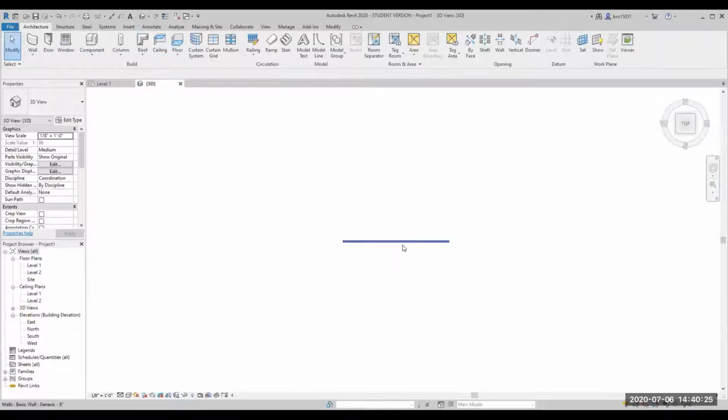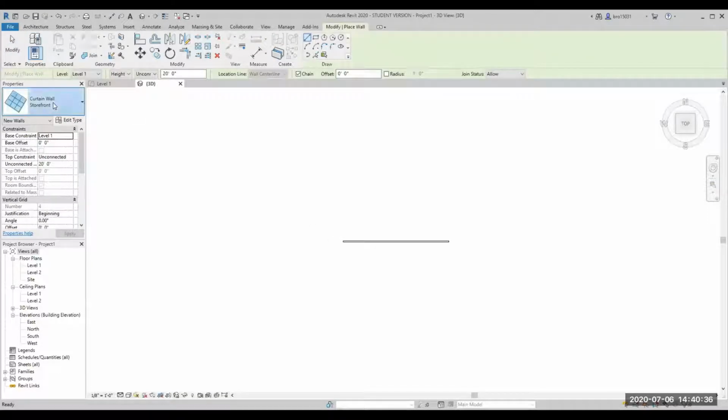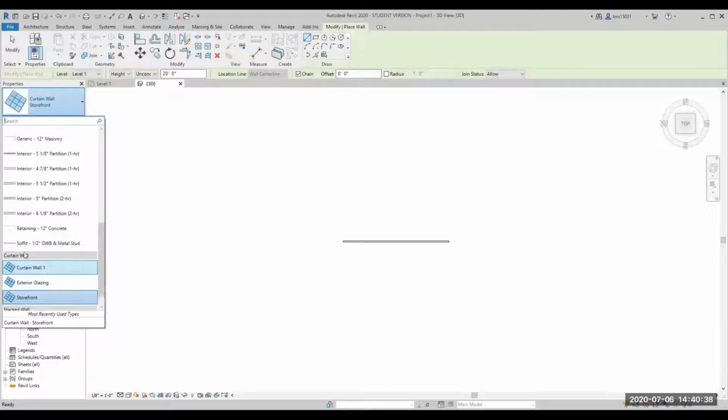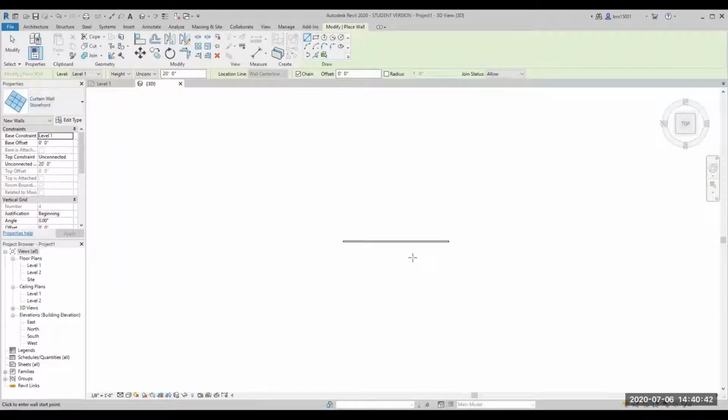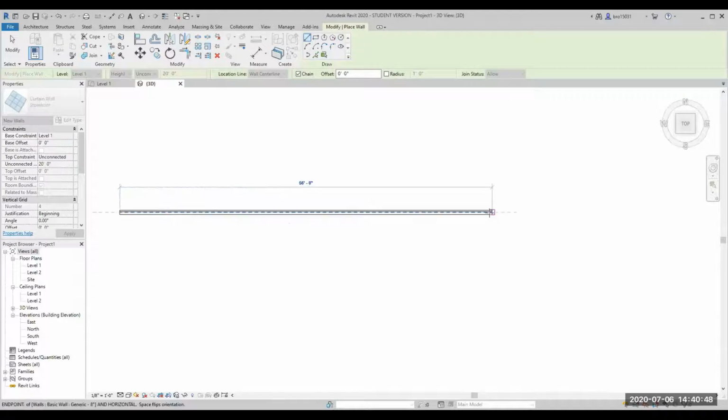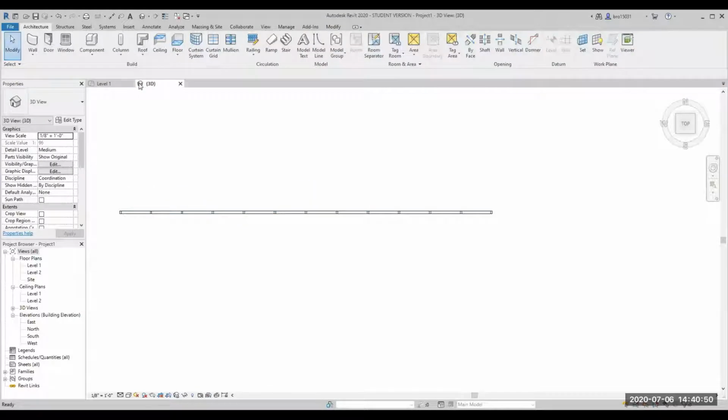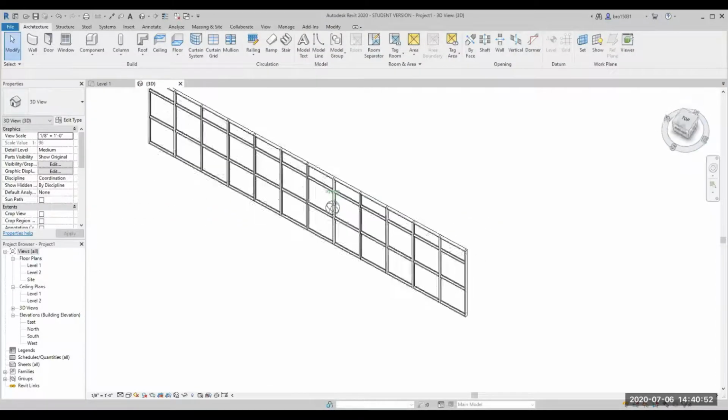And we have to embed our curtain wall within an actual wall. So once we do that and add our wall, wherever it may be, for a commercial building or residential building, we'll come back, click on our wall options, and I am down at the bottom, and I'll click on storefront. So storefront helps because it already creates a curtain wall itself for you with mullions and a grid system. So we'll pick one side, go to the other, go back to 3D view, which we are currently in, and